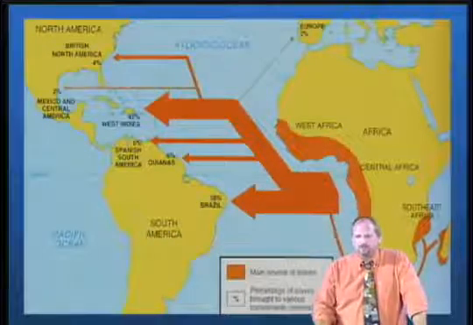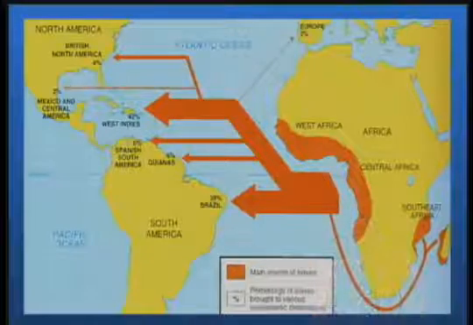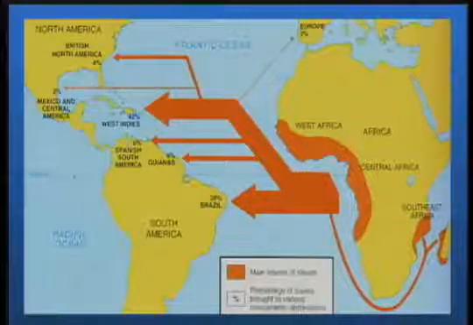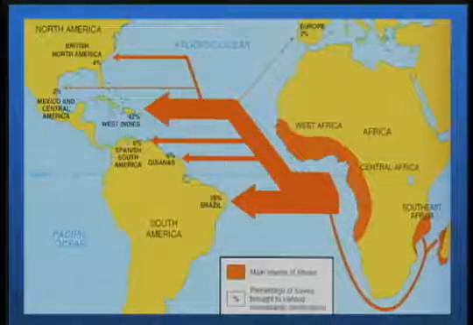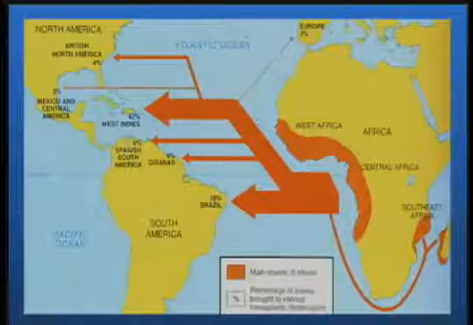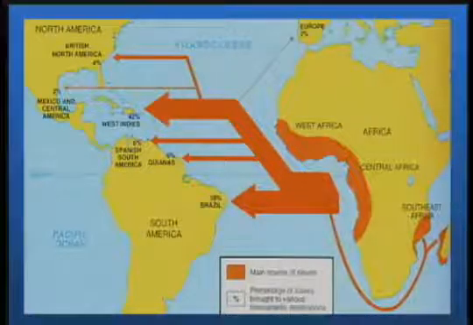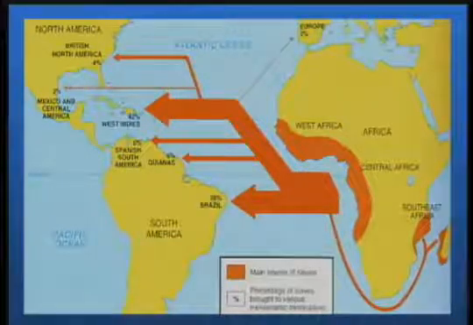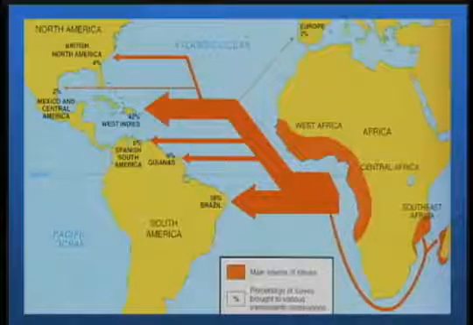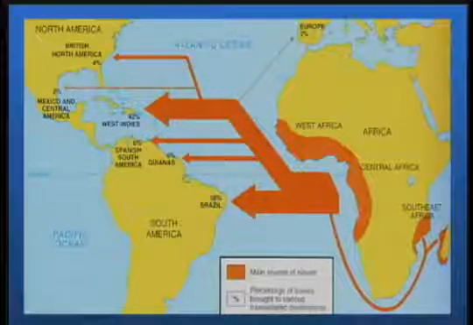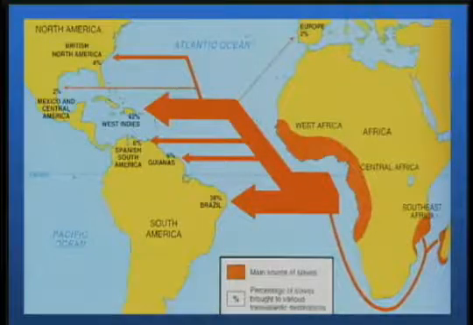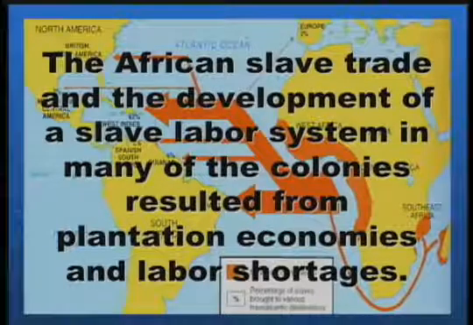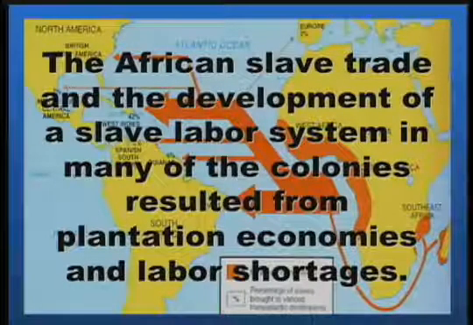Here's a map that shows the African slave trade. Notice where the slaves are coming from. Notice where they are going. Notice the size of the arrows. As you can see, the vast numbers of Africans that were forcibly imported to Brazil, to the Spanish Americas, to the West Indies, and even to British North America, absolutely staggering. The African slave trade and the development of the slave labor system in many of the colonies resulted from plantation economies